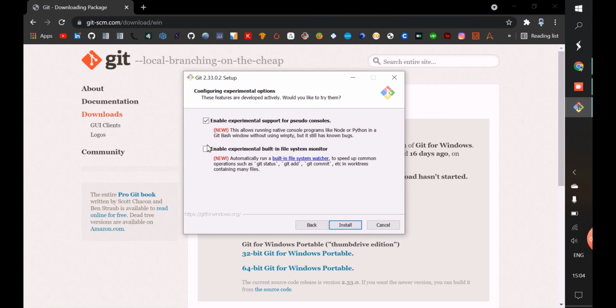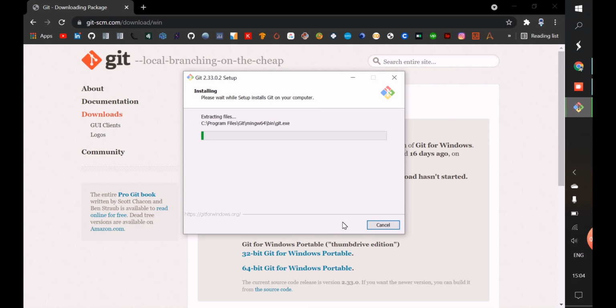Then select these two features and next, install, and wait until it's installed. Almost done. We just have to wait. Almost up and done.